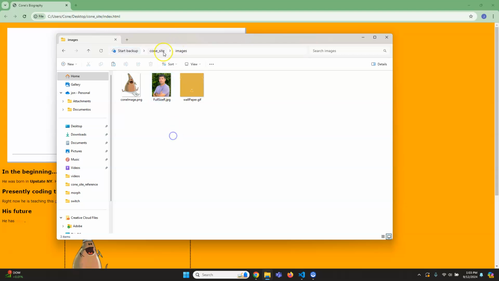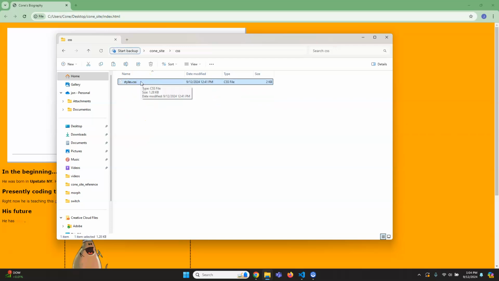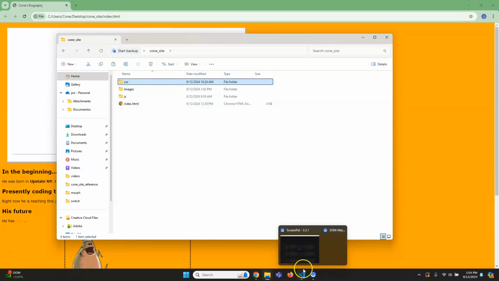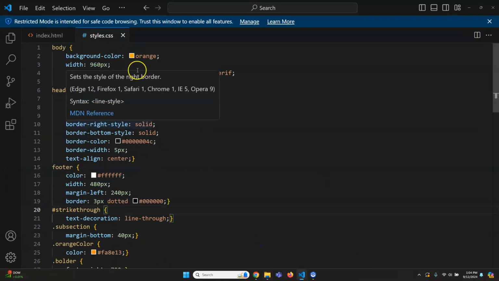As opposed to when we're in here, it's going to look next door, and then there's images. This one, the document's here now, when it looks next door, there's no images folder. So we have to change the file path because now, to the CSS, it looks like it's in a different position. So that being said, we're just going to go here, scroll up to the top, and where